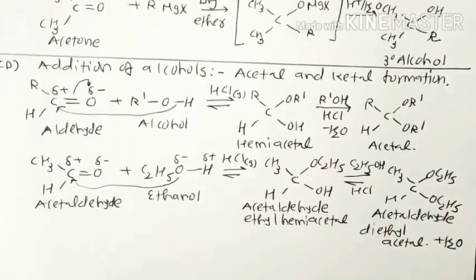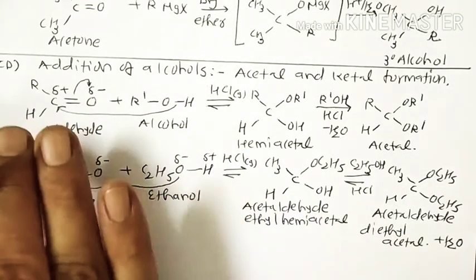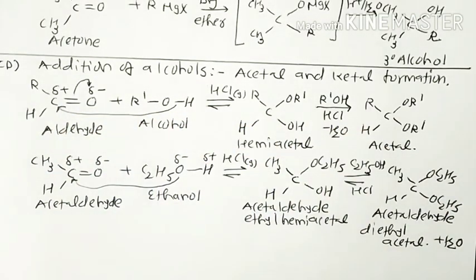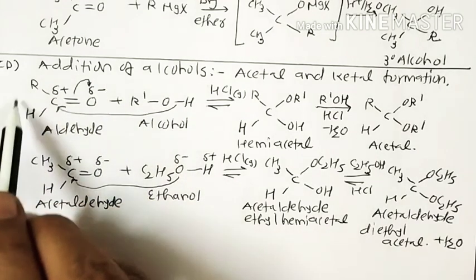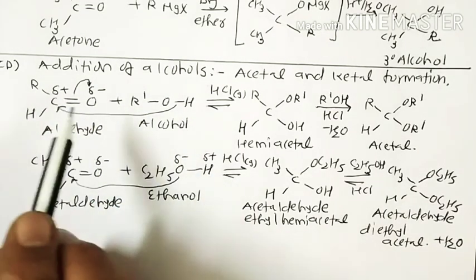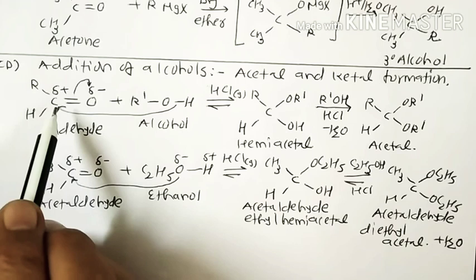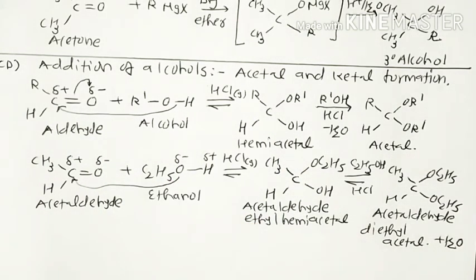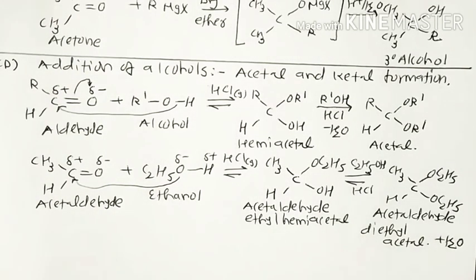Another role of dry hydrochloric acid is to absorb the water produced in these reactions. अगर वो वाटर को एब्जॉर्ब नहीं करेगा तो रिएक्शंस जो फॉरवर्ड डायरेक्शन में जाना चाहिए उसके बदले रिवर्स में चला जाएगा. सो दे शिफ्टिंग द इक्विलिब्रियम इन द फॉरवर्ड रिएक्शंस. ठीक है, तो हाइड्रोक्लोरिक एसिड का दो रोल है. फर्स्ट, इसको थोड़ा कैटेलाइज करता है, और न्यूक्लियोफाइल का जो अटैक है उसको फैसिलिटेट करता है, और दूसरा जो वाटर निकल रहा है उसको वो एब्जॉर्ब भी कर लेता है, ताकि हमारा रिएक्शन फॉरवर्ड डायरेक्शन की ओर चला जाए.